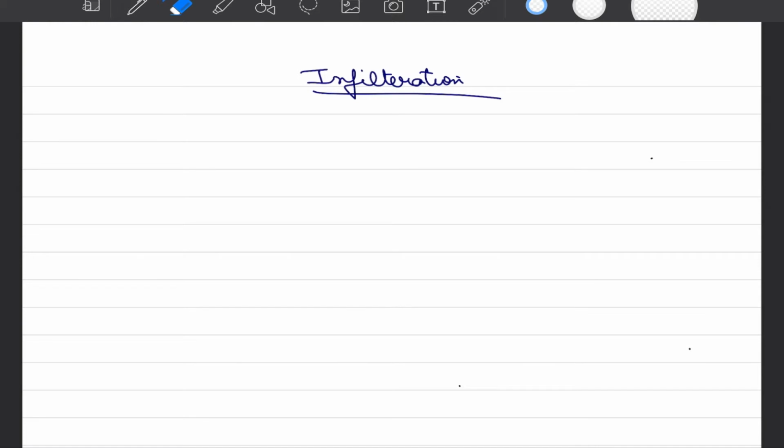Dear students, in our previous video, we looked into some fundamental expressions that govern the subsurface flow, and we specifically looked at the continuity equation and the recharge equation. Now, in the context of hydrology, we are specifically interested in what is going to happen at the interface, in addition to what is happening at certain depth from the surface of soil.